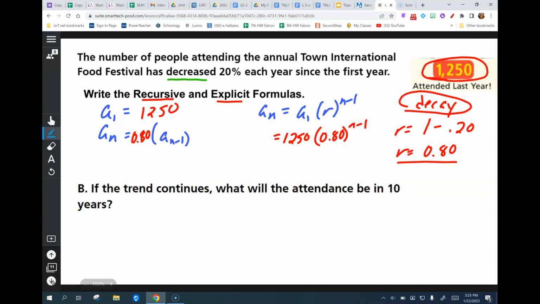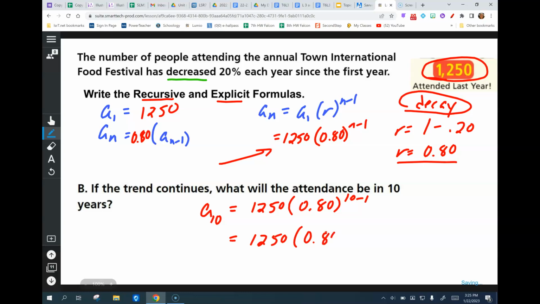Now it says, if the trend continues, what will the attendance be in 10 years? Take the explicit formula and find A sub 10. Remember, that's 10 minus 1, so the 1,250 times 0.80 to the 9th power, go. So this is what we came up with,